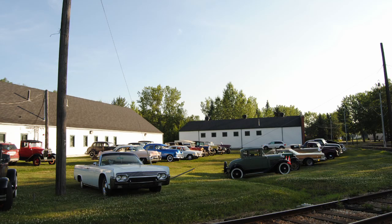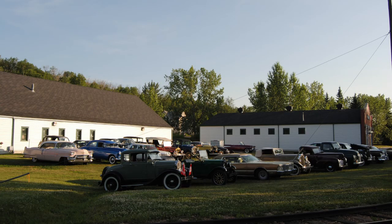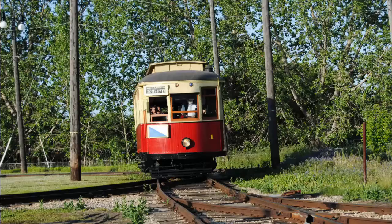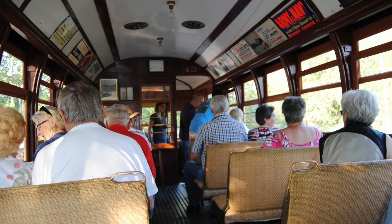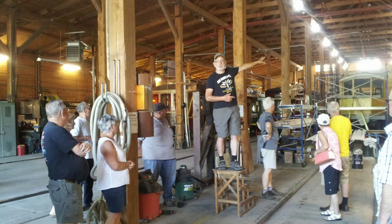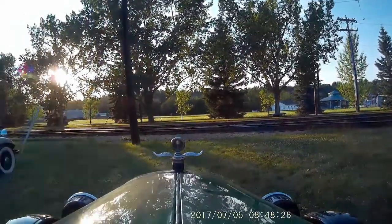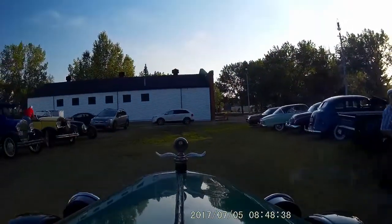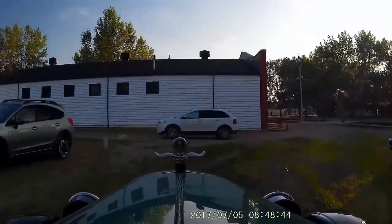Side of the streetcar barn with the cars that you can see that the members brought. We got to ride the streetcars, and you can see some of the members inside enjoying the ride and looking out at the cars. And inside the barn, our fearless leader is giving us instructions and telling us where to go. After a pleasant time riding the streetcar and seeing what's in the barn and all the good stuff, it's time to head for home. So we're driving back down